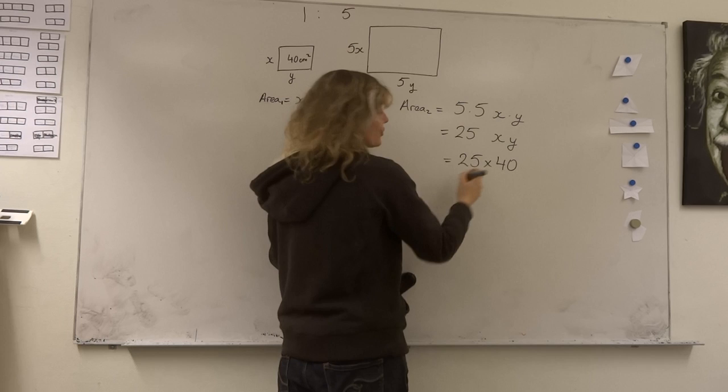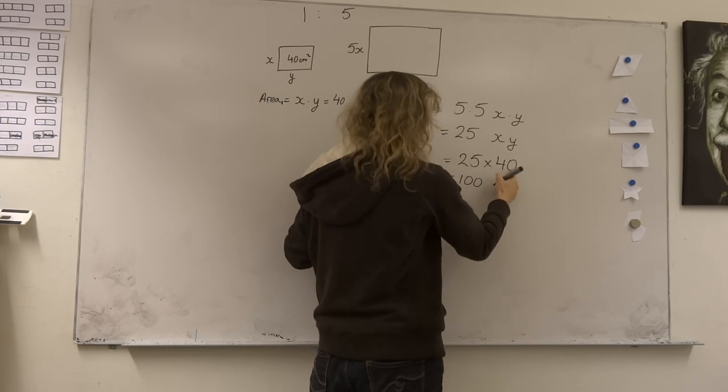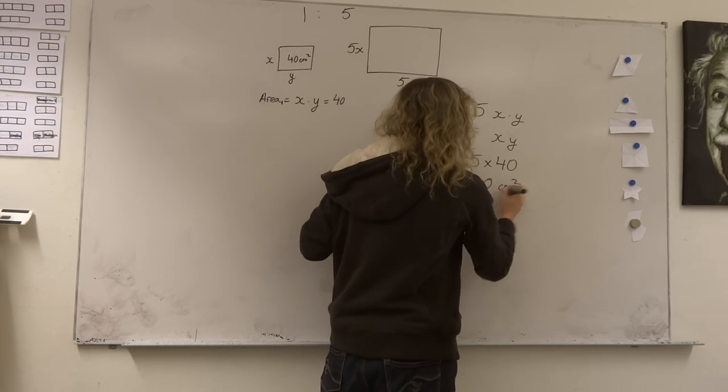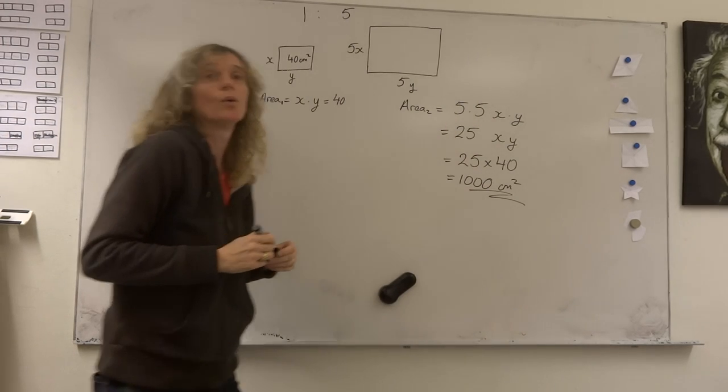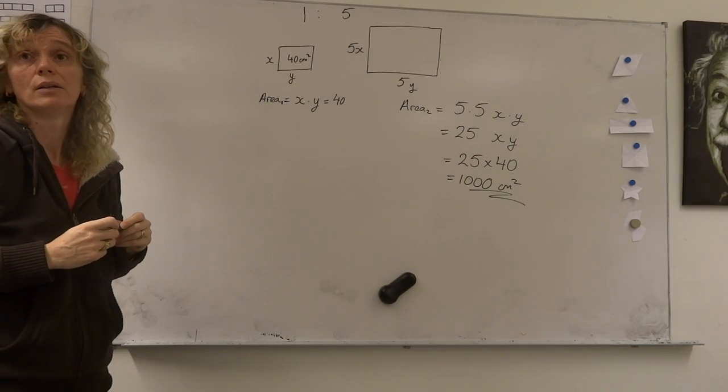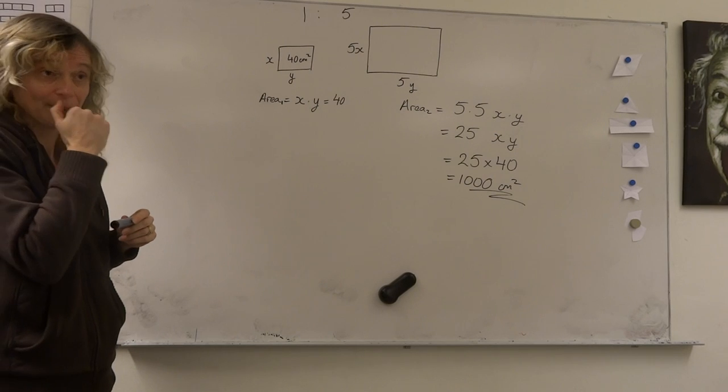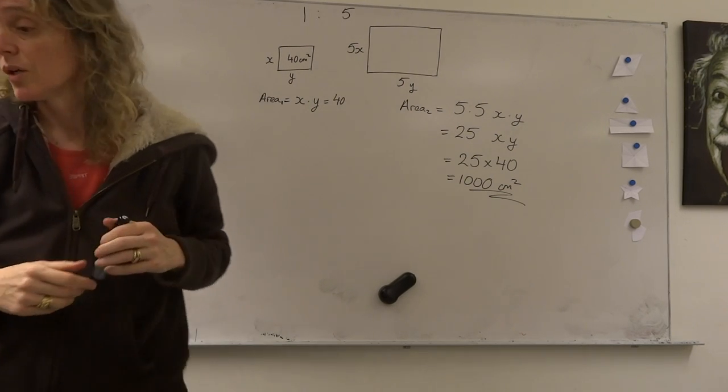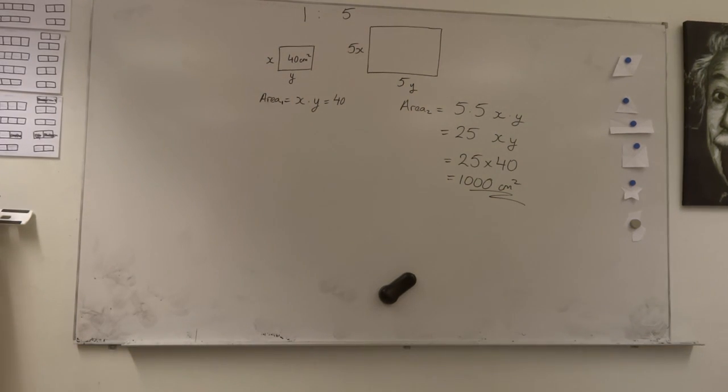25 times 4 is 100. But we've got an extra 0 here. So we'd have 1,000 centimeters squared would be our real area. Okay? So I thought that